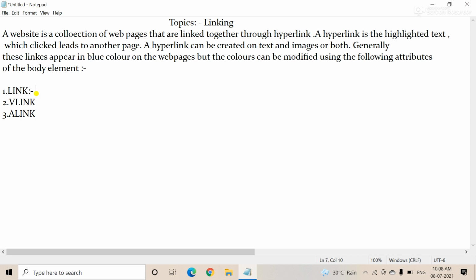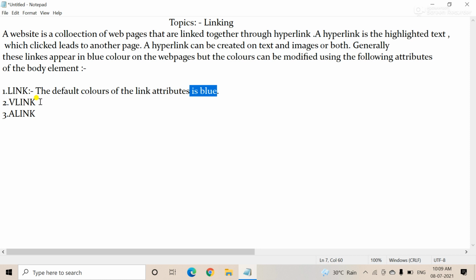The default color of the link attribute is blue.